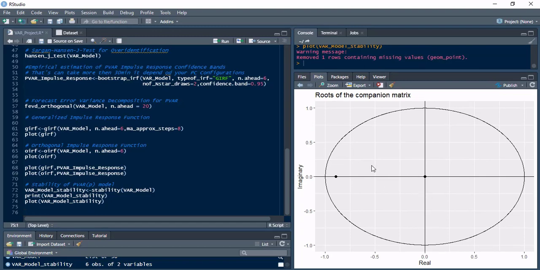As you see, for the p-var to be stable, we need to see all the eigenvalue inside this circle. If all the eigenvalue is inside this circle, it means that your VAR model is stable. As you see, not all my variable is inside this circle. It means that it is not stable. Now, as you see,